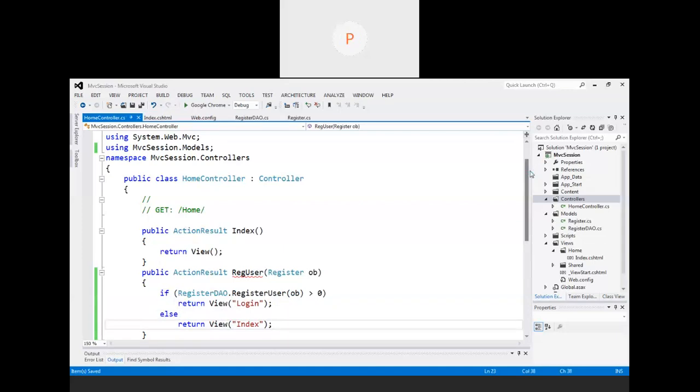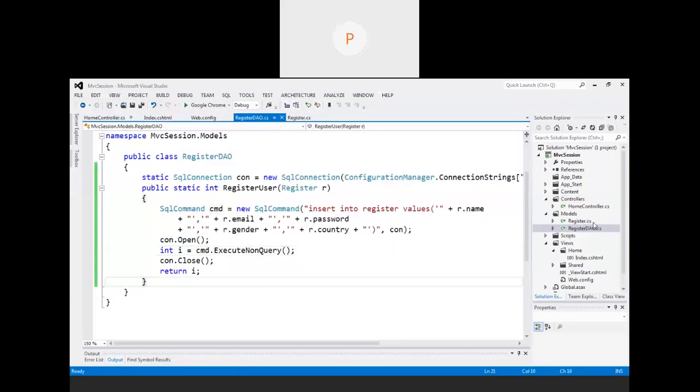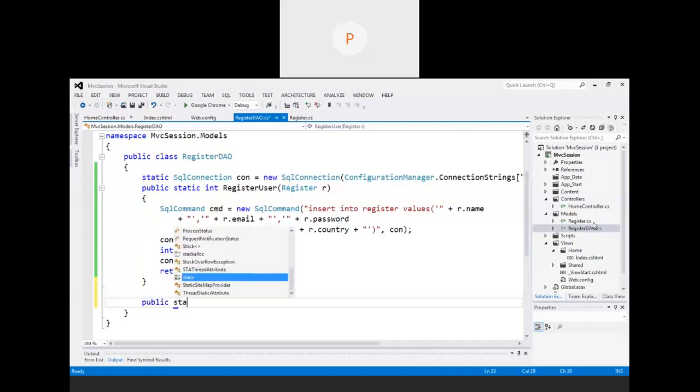Done. Now I have to create the further pages, which is for login. To do that, first I have to build the logic for the login over here. So we'll say public. For login, I will take the return type as what?